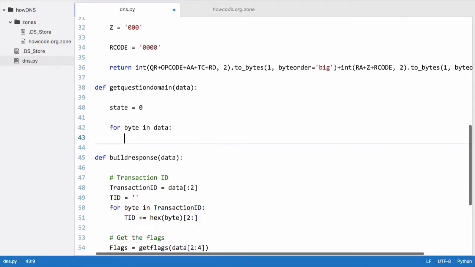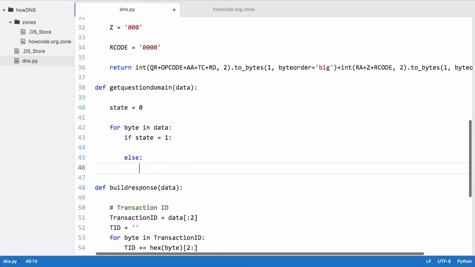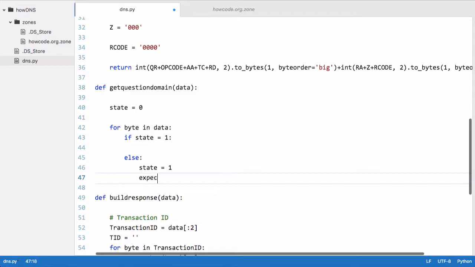And what we want to do is create an if statement that says if state is equal to 1, then we're going to do something else. We're going to say state equals 1. So at the minute, state is equal to 0. So the first time it runs, state is going to be 0, which means we're going to run this else statement. So we're going to set state equal to 1 first, and then we're going to say expected length equals